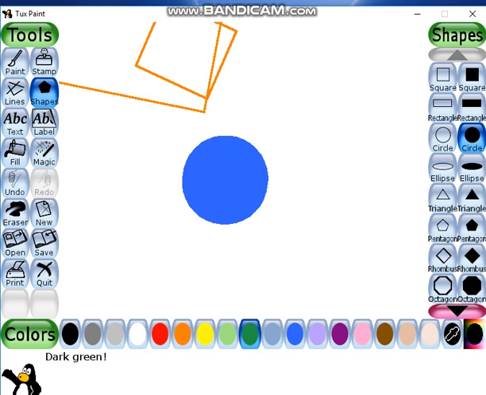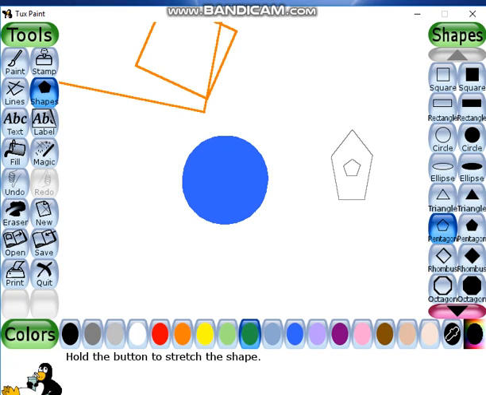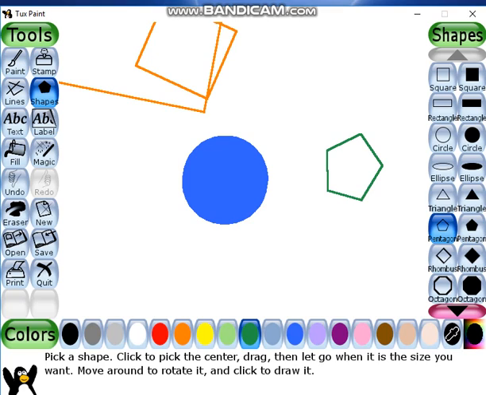It's very easy. Select the color, select the type of figure which you want, click and drag, and the figure or the shape is ready. See how easy it is. Now we will learn about the next two tools, text and label.